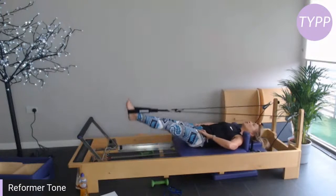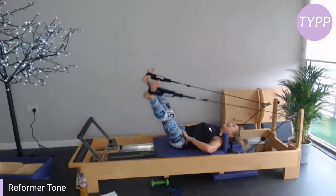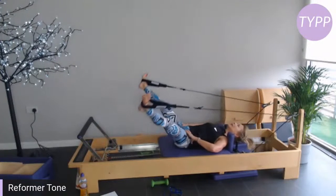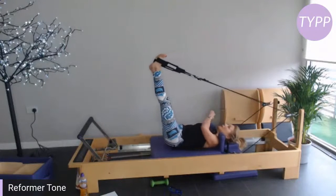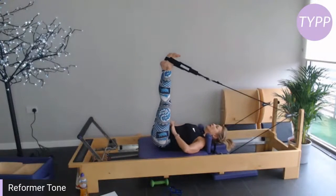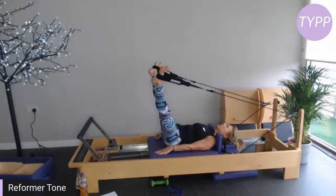Breathe into it. Let's change direction. Down, round, and up. Down, round, and up. Good. Couple more. Down, round, and up. And from there, open the legs, bring them halfway down, and let's just think about our